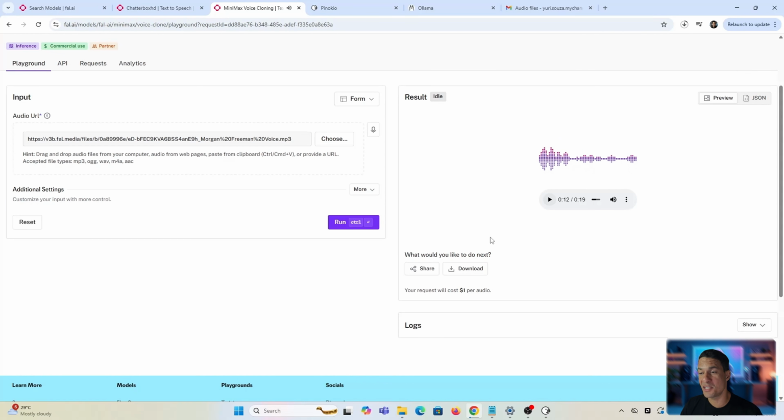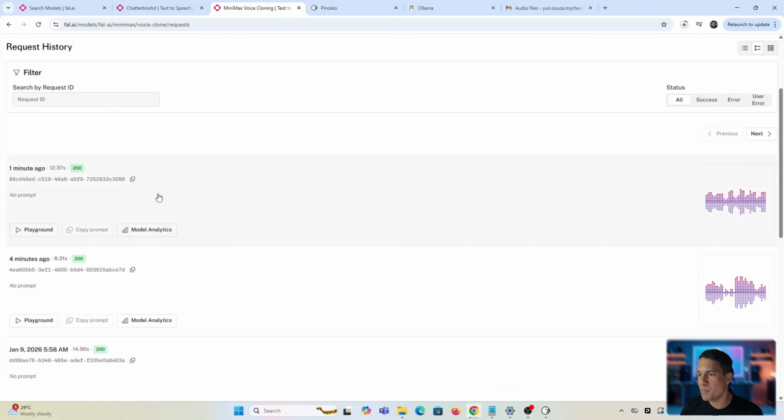I honestly think this sounds really good. If we want to see all previous generations, we click on the request tab, and here's another example I generated